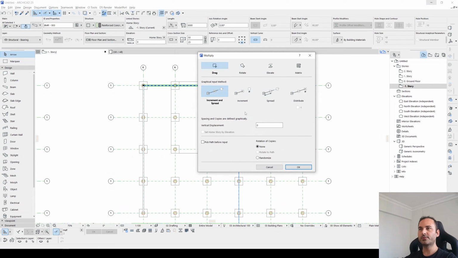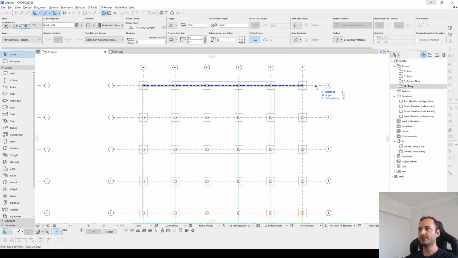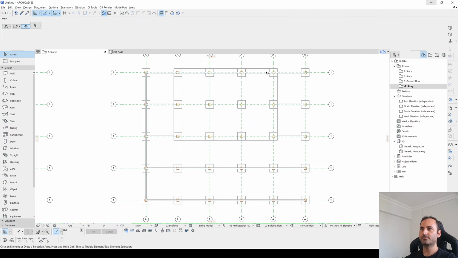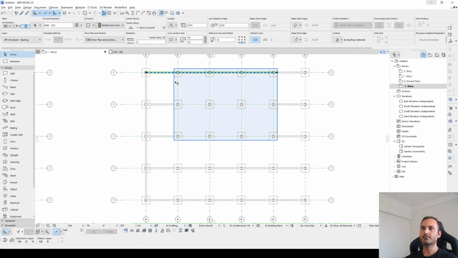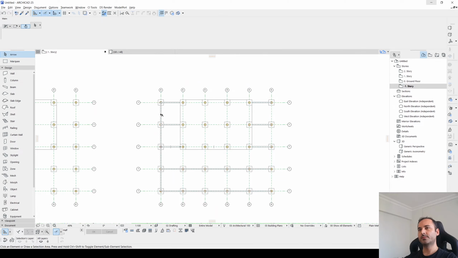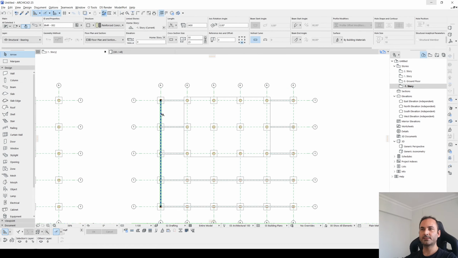Let's hit Ctrl plus U and multiply. Just like this. After that, we are going to select this and split. And also this one. Just like this.